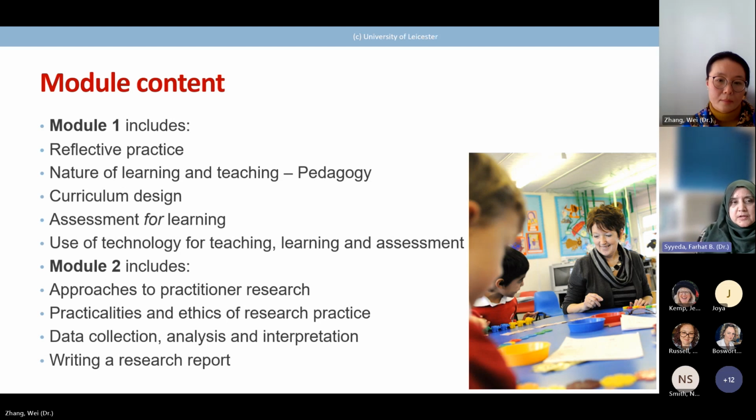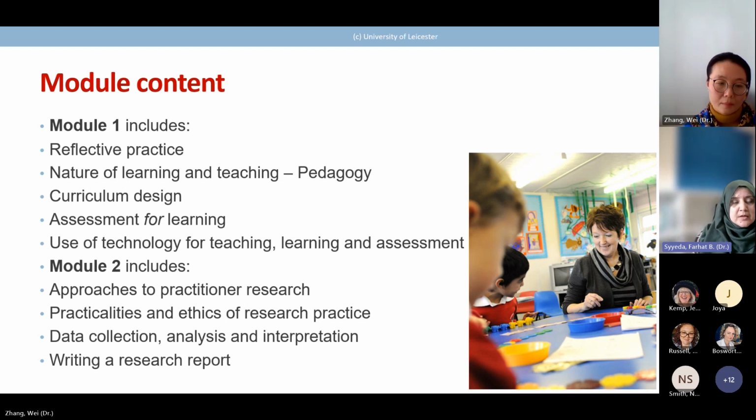So in terms of module content, in the first module, the topics that we focus on are reflective practice. Then we spend a few weeks on the nature of learning and teaching, or pedagogy. We also look at different curriculum designs from across the world, and we look at assessment, different criteria. Assessment for learning, we focus a lot on formative assessment. Plus we have 2 weeks on technology, which is using technology in teaching, learning, and assessment, and how technology and pedagogy are